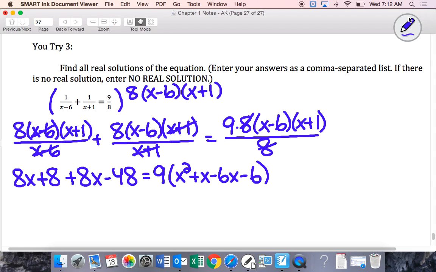So when you multiply, you can multiply the x minus 6 times x plus 1 first, then bring the 9 into everything if you want, or you can multiply your x minus 6 times 9, then multiply it by x plus 1. It is up to you how you want to do that. So x and negative 6x is negative 5x there. So if I bring that 9 in,